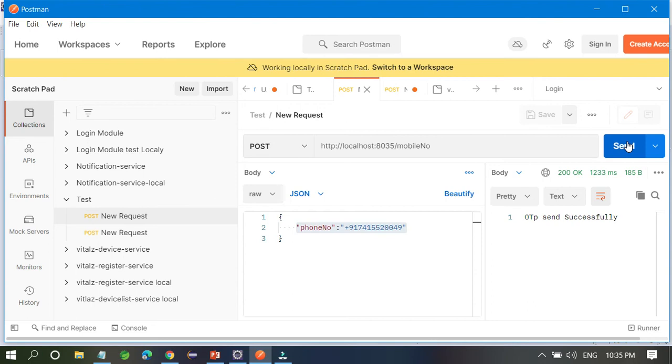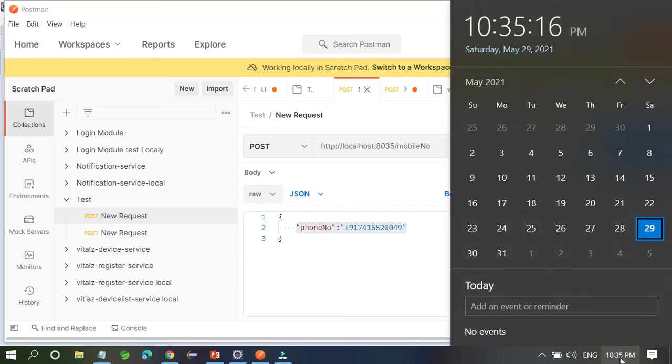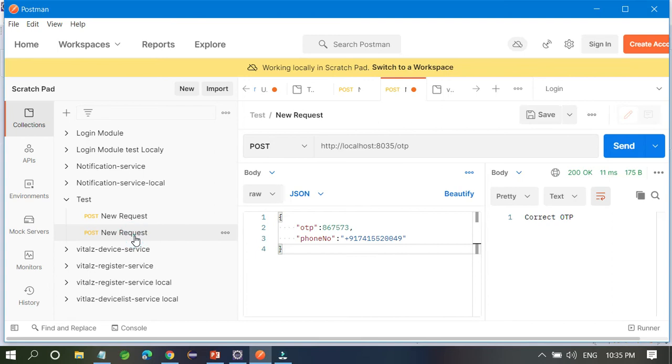Now I have got one more OTP. Exactly 1 minute after, I am going to enter this OTP, and it's saying this is the wrong OTP. This is not the correct OTP. Why? Because it has already expired. That's why it's saying that.